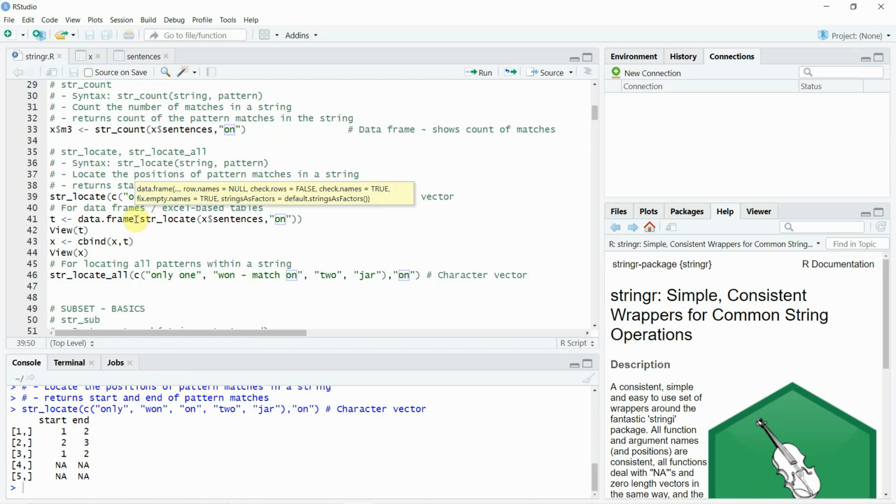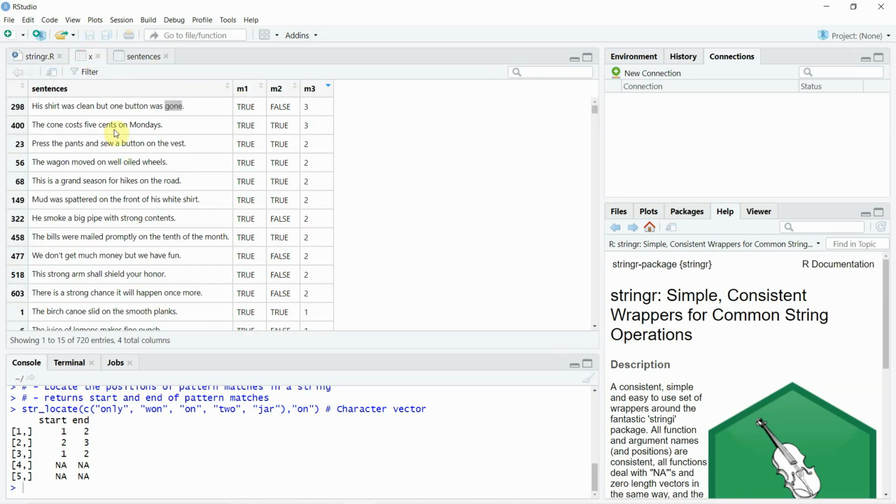As in anything, if you want to convert a vector into a data frame, you just have to write data.frame, and then in the parentheses you mention the vector, right? We have already looked at this value. It returns what you see in the console: a start and an end, two columns. Now what we're trying to do is, instead of the vector, use the sentences column in the X data set, and say, go through the sentences column and give me the start and end of the first pattern of the first "on" that you see,